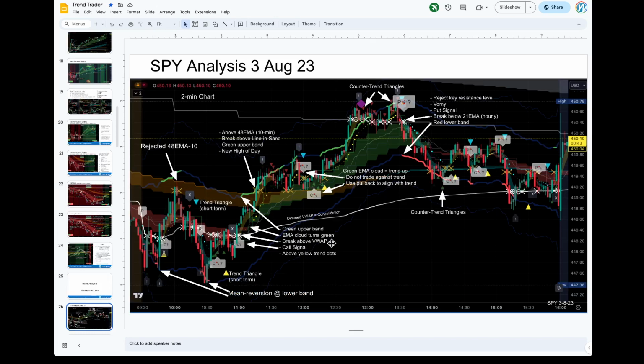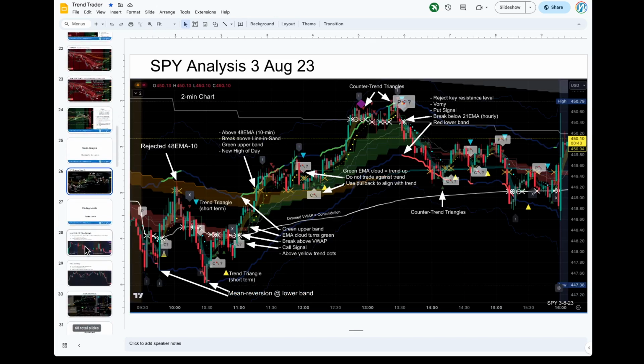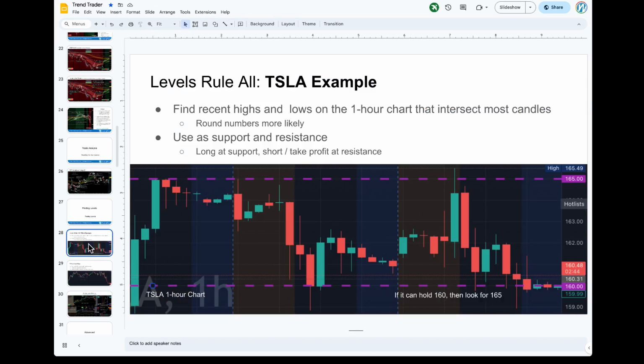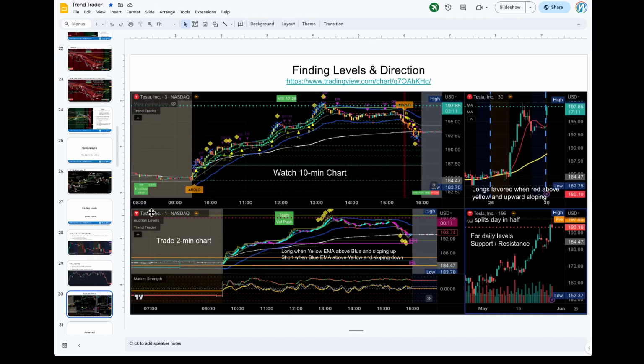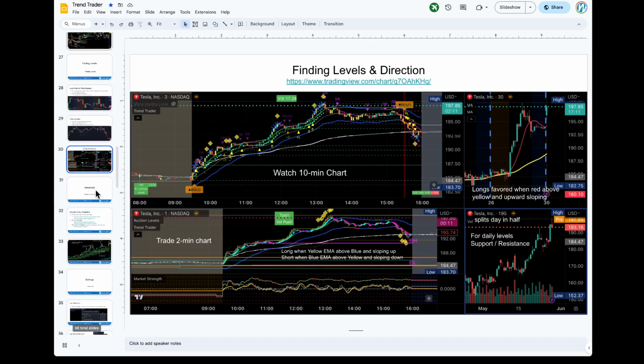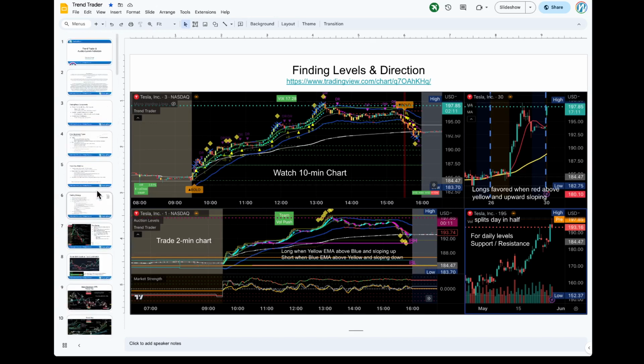Again, I don't think there's a lot of value in going through these other slides. These are just more examples, more details. This is talking about levels and how you build the levels and then how important they are. And again, you can go through these things yourself. But I just wanted to take today to give you a quick overview of the indicator and how it works. And I think I've accomplished that. So any questions?